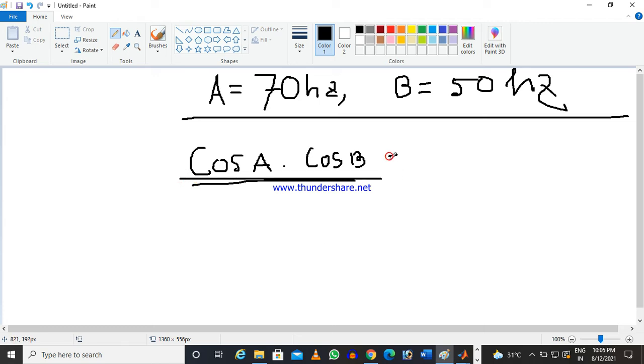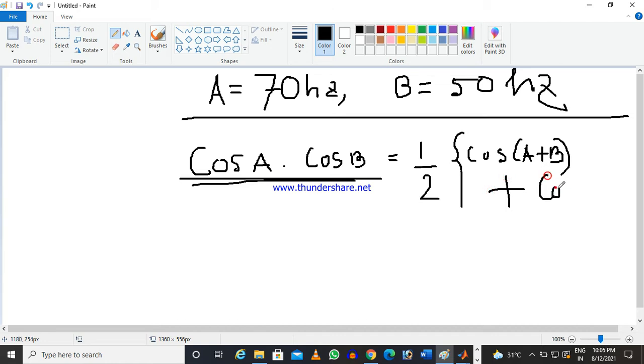If I convert the product into a sum, it is half of cos(A plus B) and cos(A minus B).